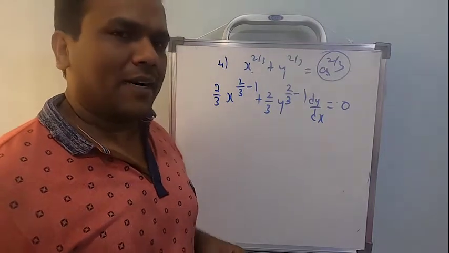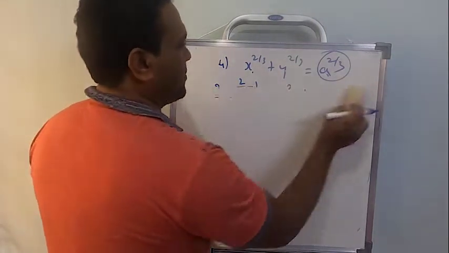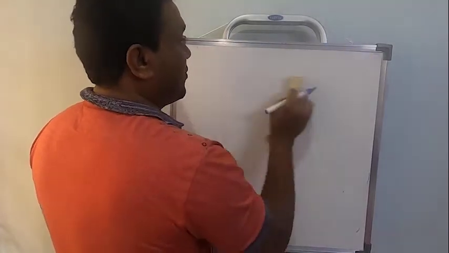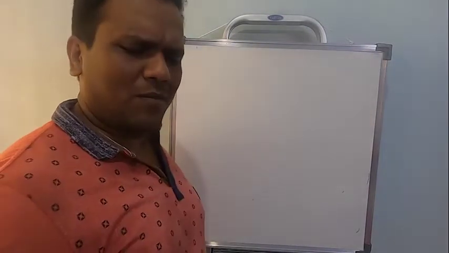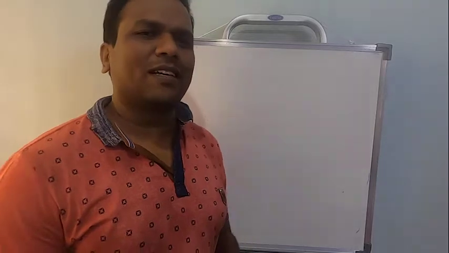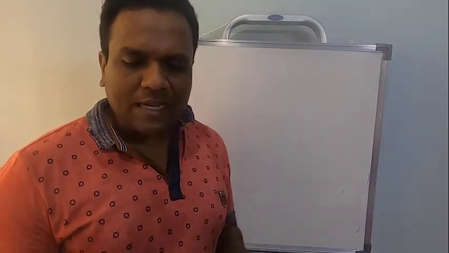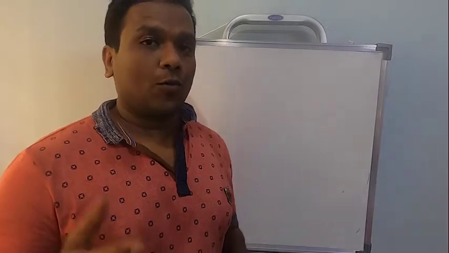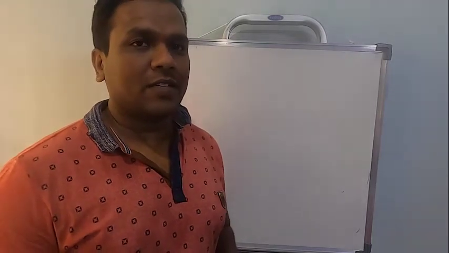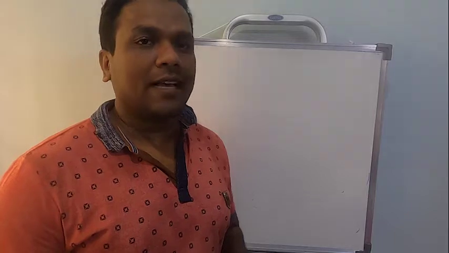So this fourth one, do it directly. Don't apply parametric here. Then why is it given here? Actually it can be done by parametric, but I suggest you, that's a tedious procedure. So go for differentiation directly. Now let's get into the exercise. The four problems I explained are worked examples of NCERT. Now let's get into the exercise problems.